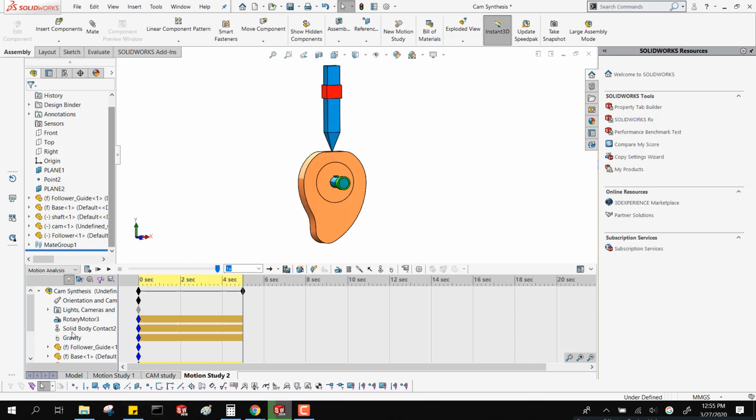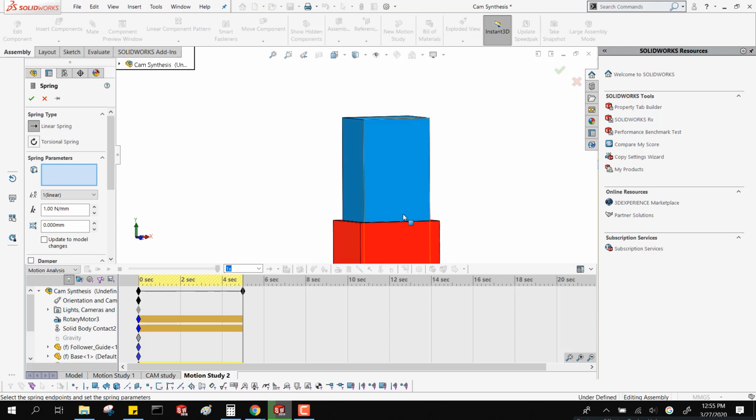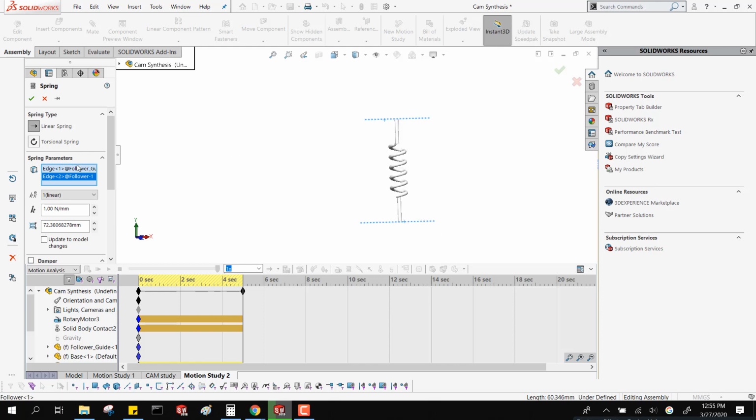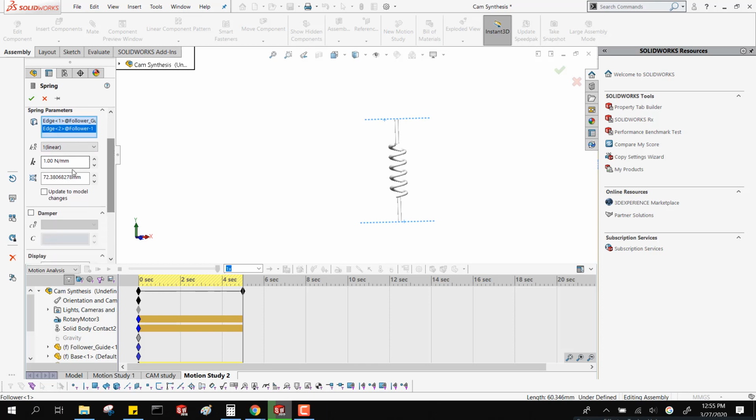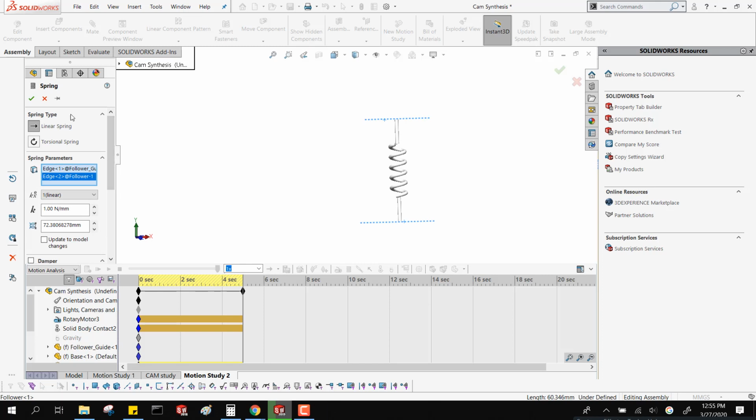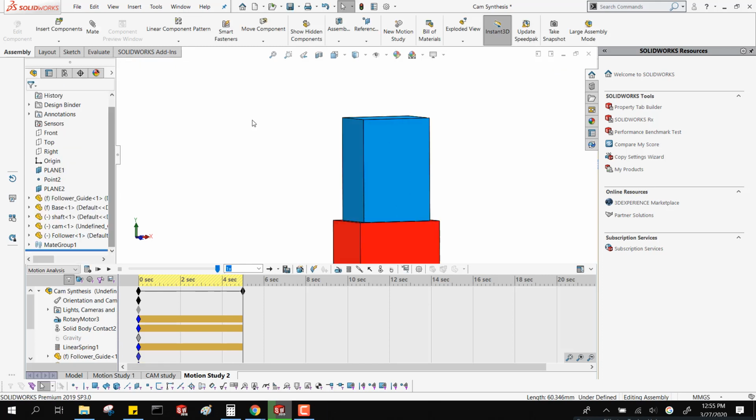What if we're flying upside down? What if it's some machine that is on a space station or something like that, and we don't have gravity? You can also put on springs. So if I say, let's do a spring, I pick either the face or the edge where the springs are attached. You can put in the information, whether it's a straight one or a round one, like a wind spring type of thing for a watch. All of the information for what the tension is on the spring, how strong it is. So I say OK,